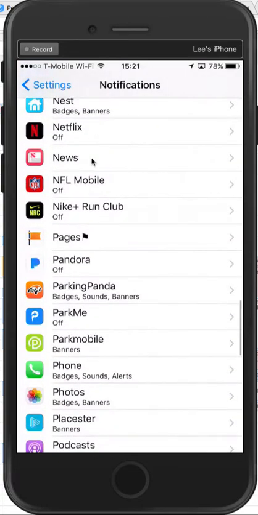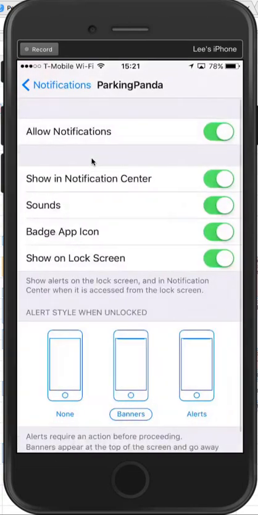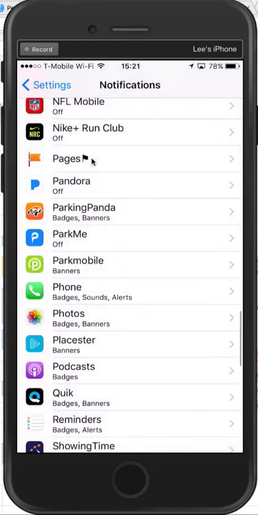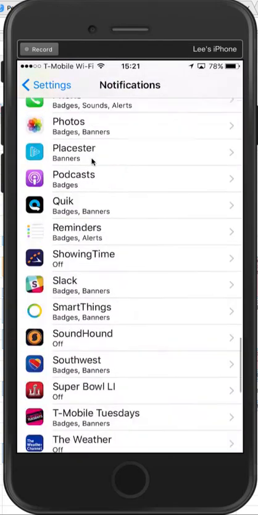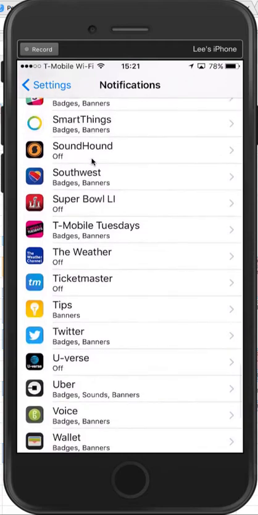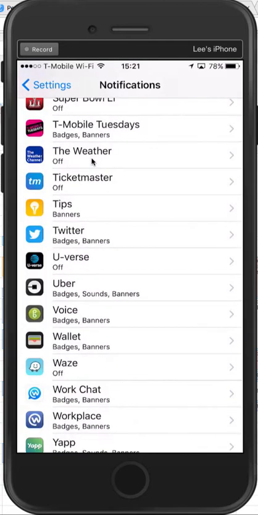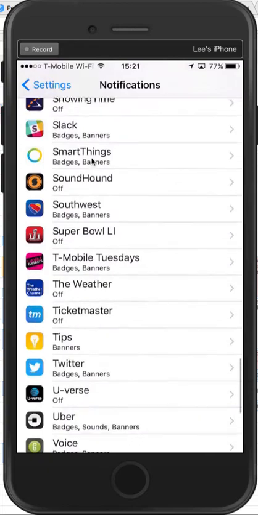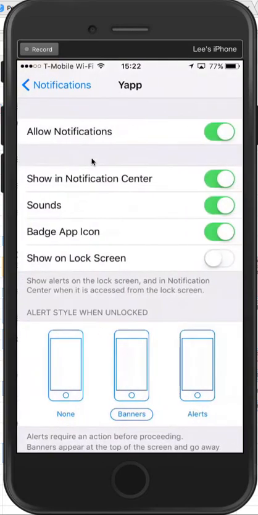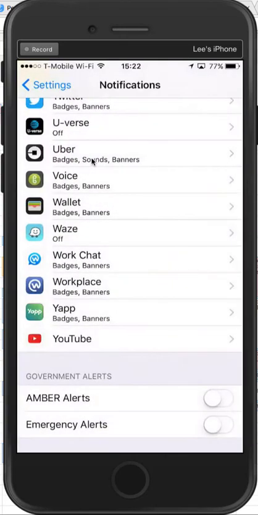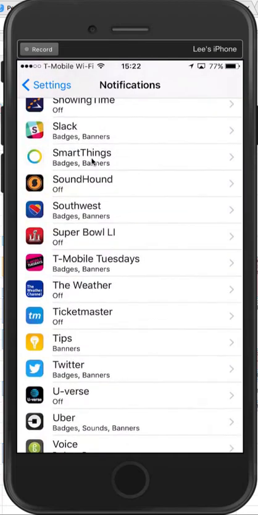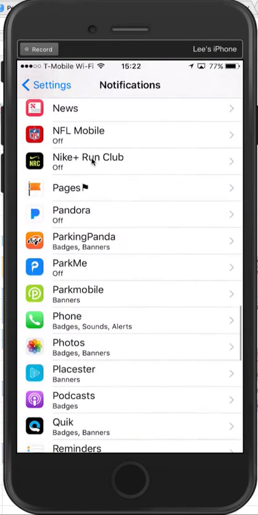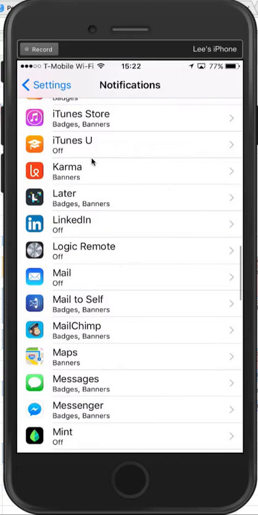And as you can probably see scrolling through here, I have sounds turned off for pretty much everything except for phone and FaceTime. So anyway, that can be a great way to really only focus on apps that need to offer sound. I do have sound turned on for Uber there because it vibrates when your driver pulls up. But aside from that, you can see that for the most part, I have sounds turned off or intend to. And again, having those Facebook specific settings